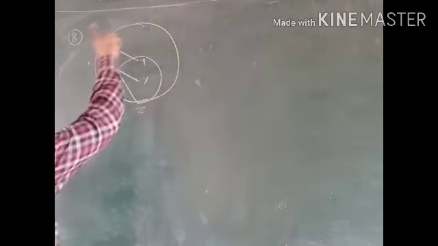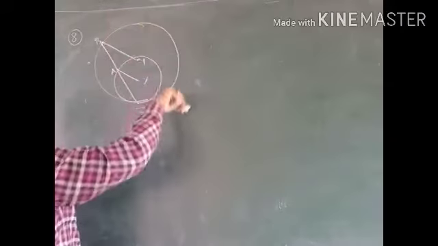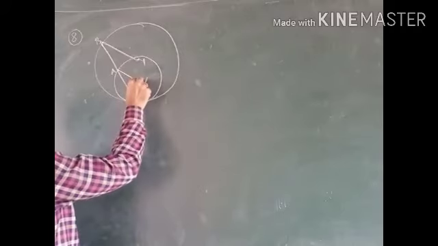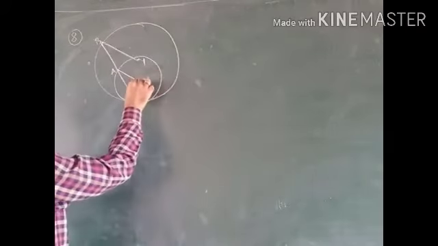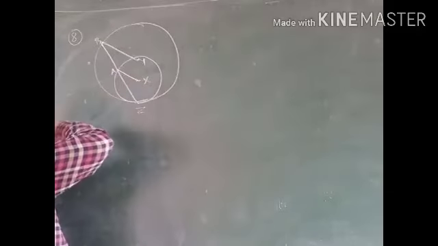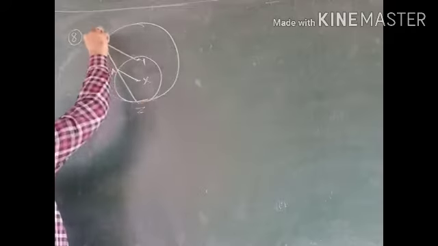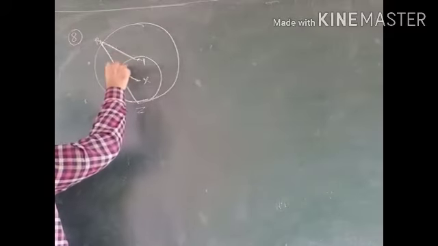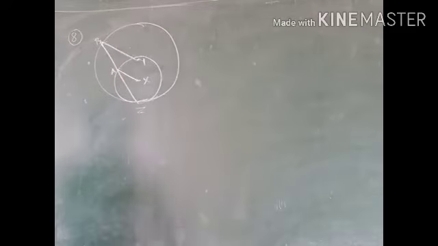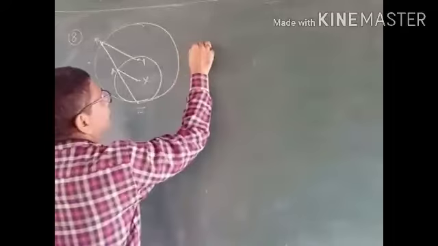Now look at this figure. Here the center Y of a bigger circle is here, and this one is X. It is the center of the smaller circle. These two circles touch each other at point Z. AZ is a line intersecting the smaller circle at point A. You have to prove that BY is parallel to